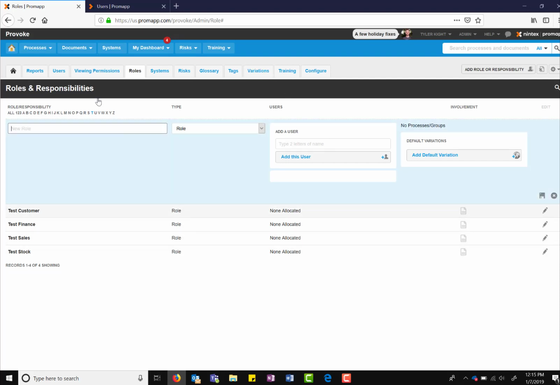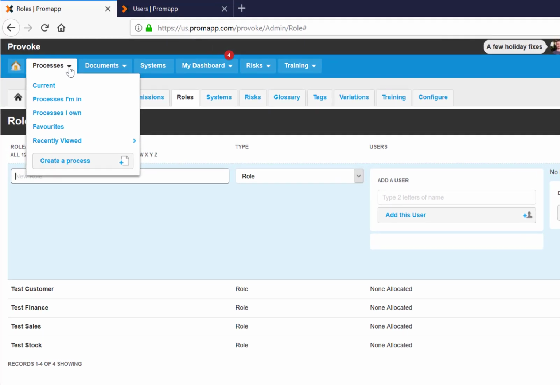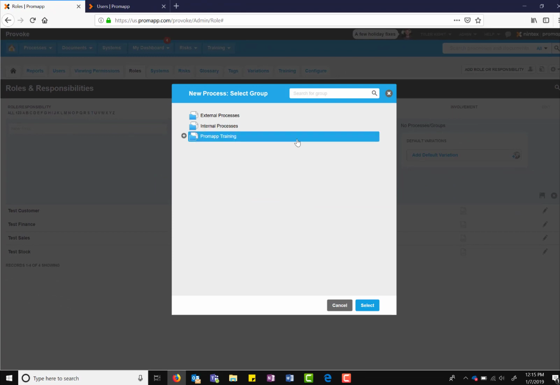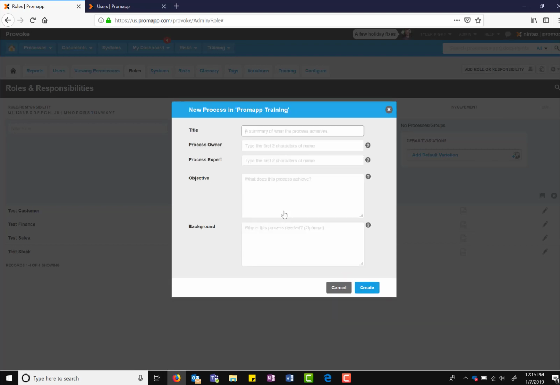We have all of our roles here, so now we're going to navigate to the Processes drop-down at the top left of our screen and click Create a Process. From here, you'll be prompted to select a group, and we'll select ProMapp Training for this process. At this point, we're going to enter our title for this example sales process, and then you'll be prompted to